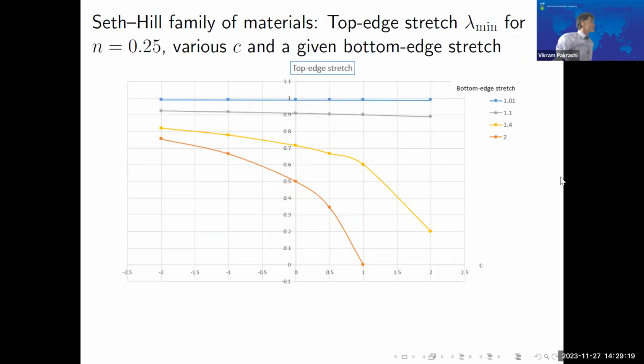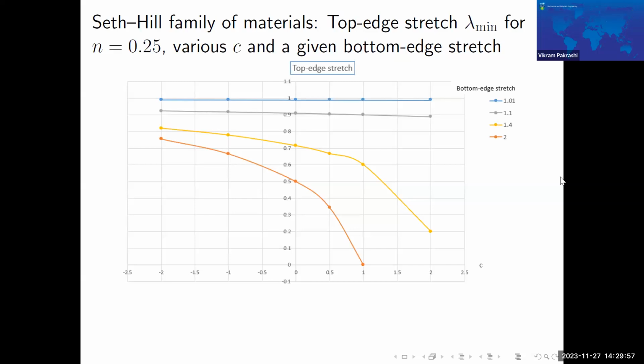Now, if we wish to look into what happens with the stretches on the other side: we bent our beam, we extended the bottom fiber, we squashed the top fiber. So this graph shows the amount of squashing of the top fiber, again depending on C, Green-Lagrange, logarithmic amounts, again for 1%, 10%, 40%, 100% stretching of the bottom fiber. And now we see one interesting thing here, that for certain materials,